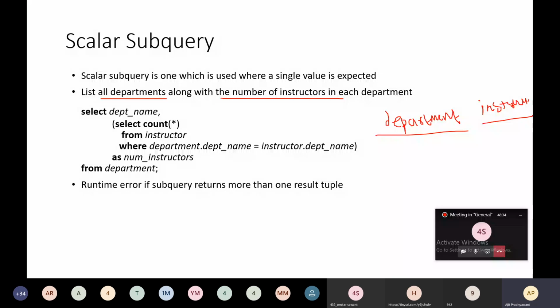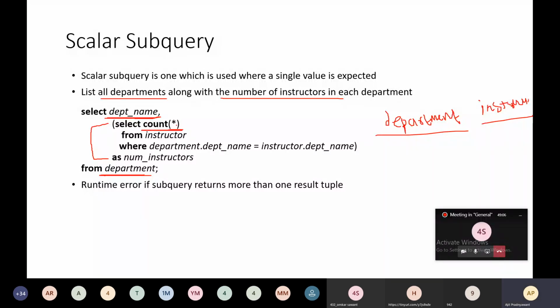So in the select clause, we have mentioned department name, from department. So this department name will be retrieved from the department relation over here. And this is the subquery. Just see what is written in the subquery: select count, this is the aggregate function.